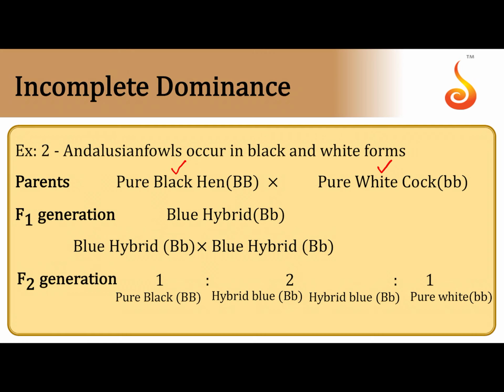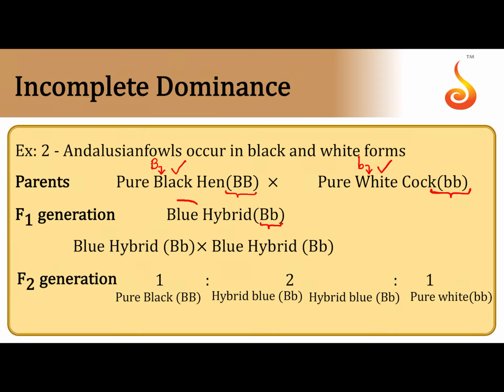Notice that they are pure, meaning they are homozygous. So if you assume that a gene capital B controls the color of black feather and the gene small b controls the color of the white feather, you can say that the genotype of a pure breeding fowl which has black feathers is capital B, and a pure breeding fowl with white feathers is small b. You would expect that in the F1 generation, which is heterozygous, that is capital B and small b, one of the traits would express, because we have been learning in Mendelism also, in the F1 generation, the one that is dominant will express.